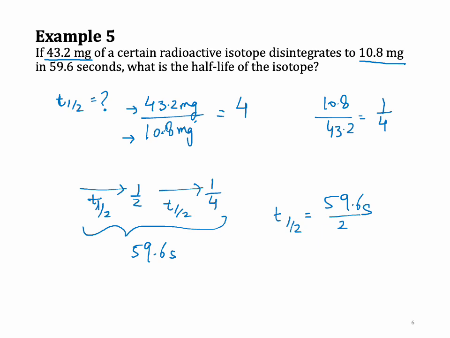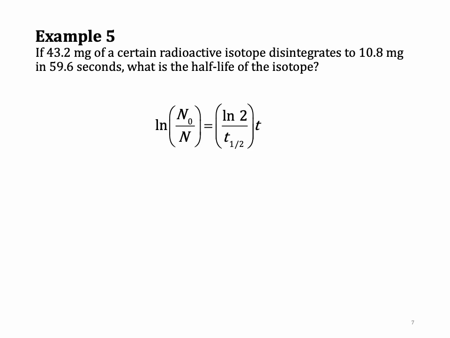Integrated rate law. This is the integrated rate law. You do not have to know if these are multiples of each other or not. So the simple concept is, if 43.2 milligrams of radioactive isotope disintegrates to this, which means this was the initial sample,